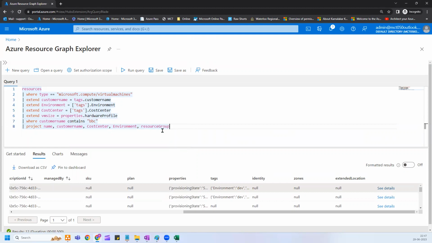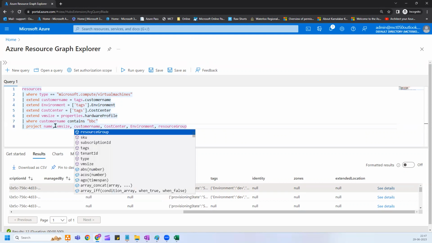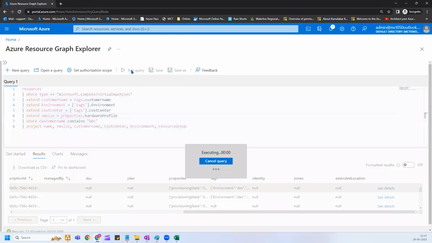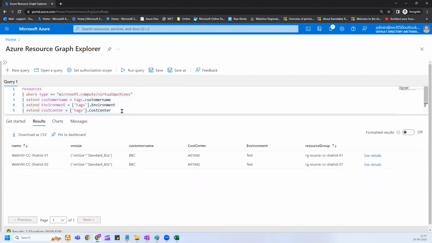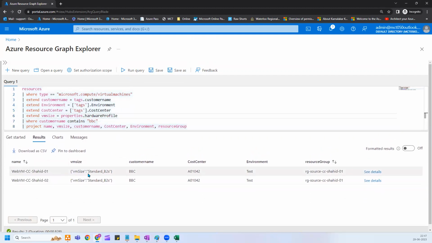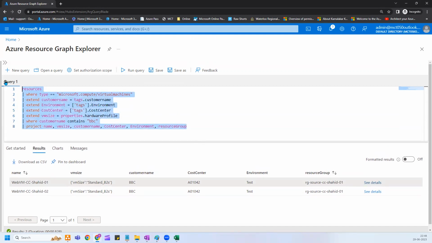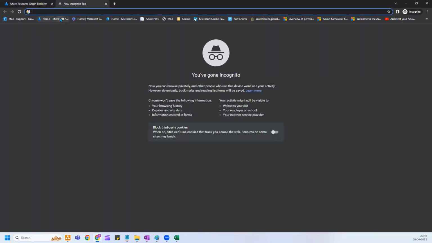If I do this, and here I can put the VM size, and run this query, you can see the VM size is coming up, VM name is coming, customer name, cost center, environment, all the details you're getting. This is like customizing the information that is required for you. Now what we can do, we can go to the